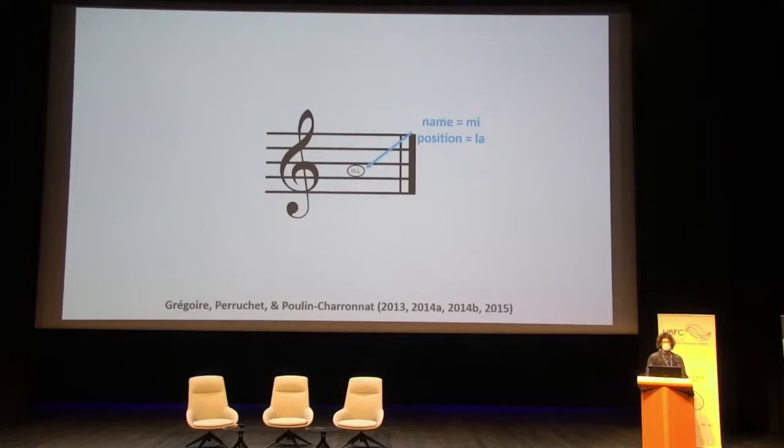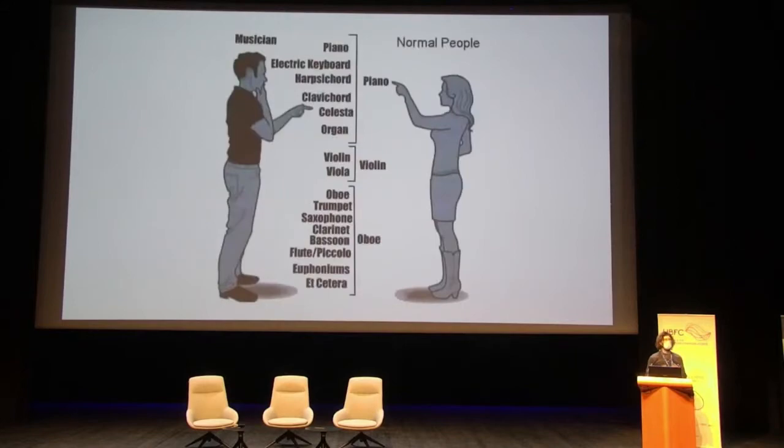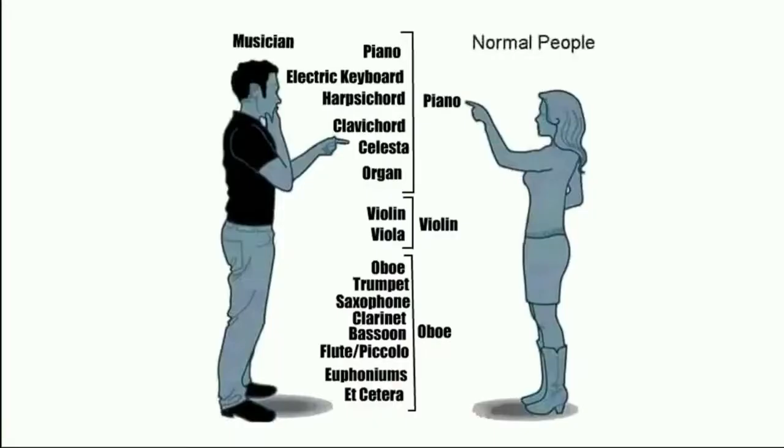But does this actually matter for performance? Well, probably not surprisingly, it depends on whether you're a musician or not. If you are a musician, you are in fact impaired. You're slower, for example, to respond to the incongruent trials. Why? After years of musical training, you just cannot help but look at the position of the note and automatically translate or read that note position. So it takes longer to overcome this bias and instead read the note's name.